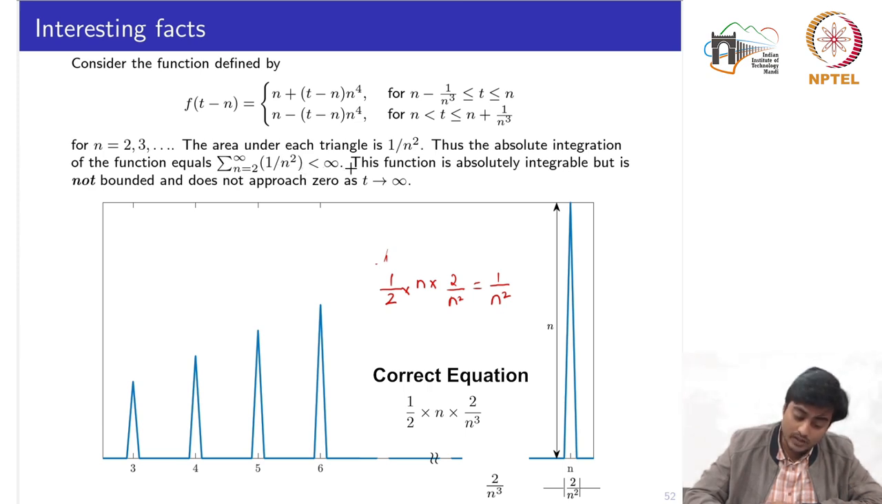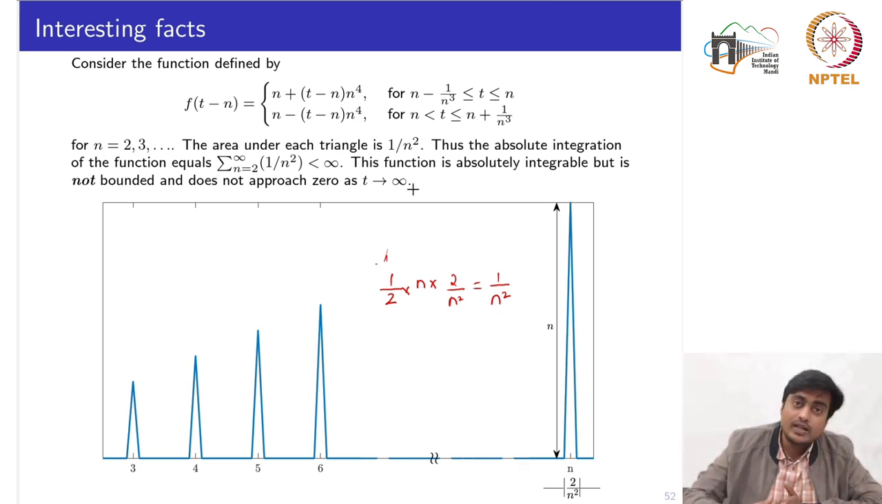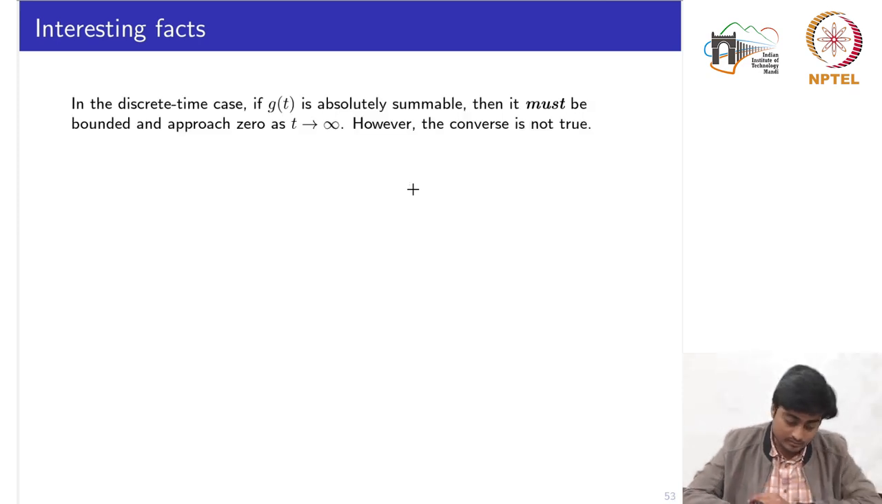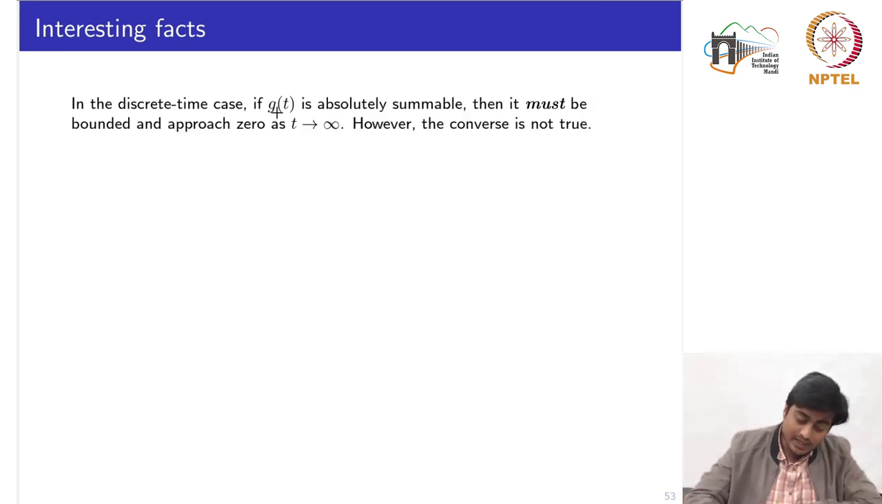This would approach to 0. So this function we know that is absolutely integrable, but is not bounded and does not approach 0 as t tends to infinity. So if we would like to see in the discrete time domain, if g of t, or if the signal is absolutely summable, then it must be bounded and approach 0 as t tends to infinity,